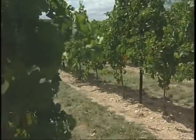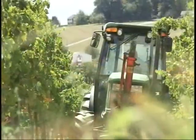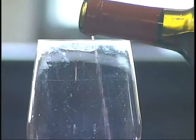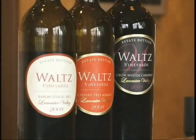Sure, it's no Napa nor Bordeaux, but when it comes to humble beauty and surprisingly grape-friendly terrain, Waltz's is carving its own niche in the little black books of savvy wine lovers searching for the next big thing. What wine would you say you guys are known for? Is there a cab or a...